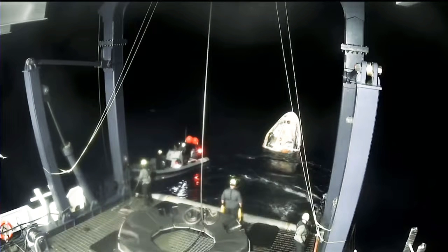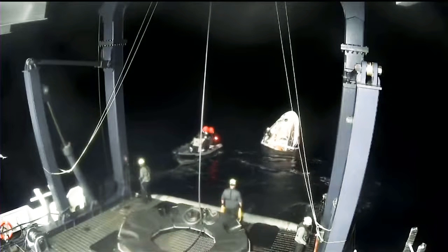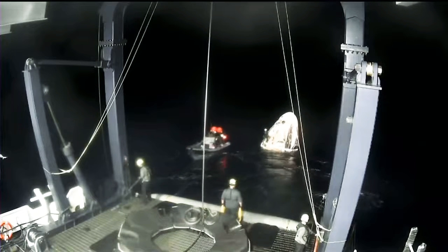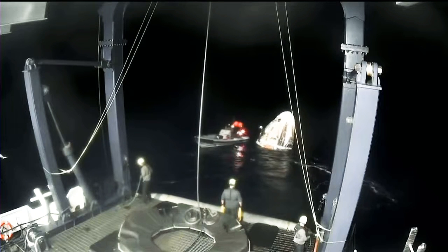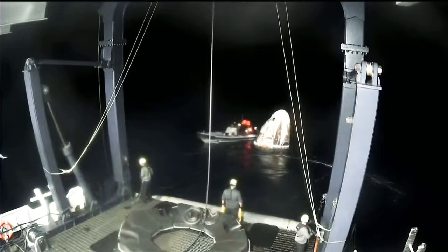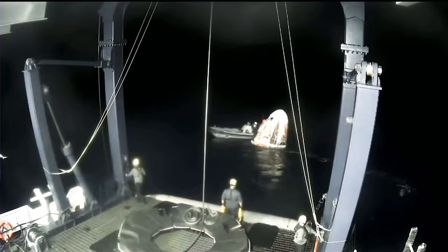And then that will, of course, be attached to the lines that we see hanging from that hydraulic lift. Again, this is basically our first good view of Dragon Endurance from Shannon itself. And these few people that you see down on the ship, these are highly trained as well